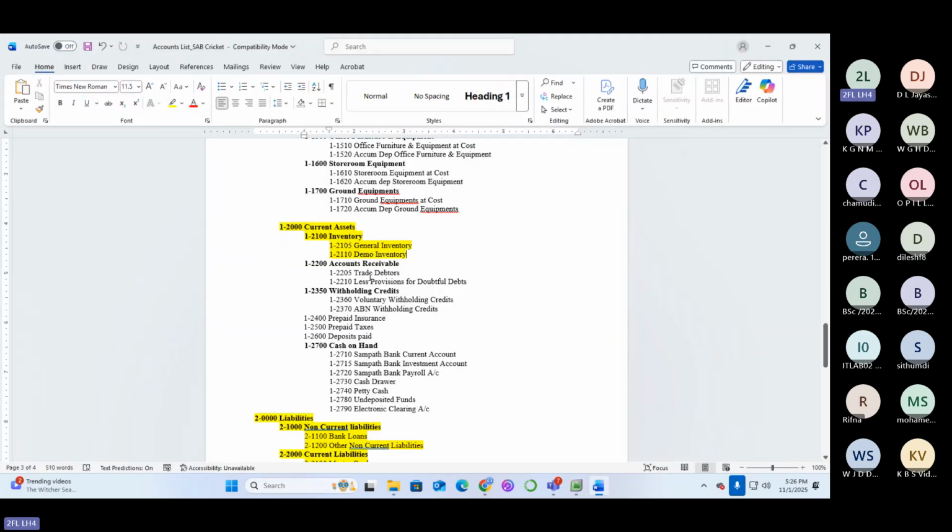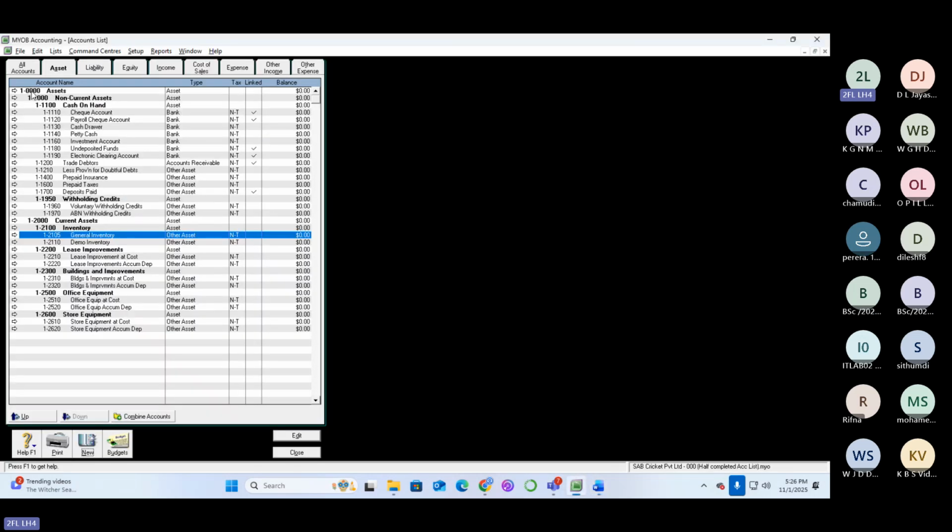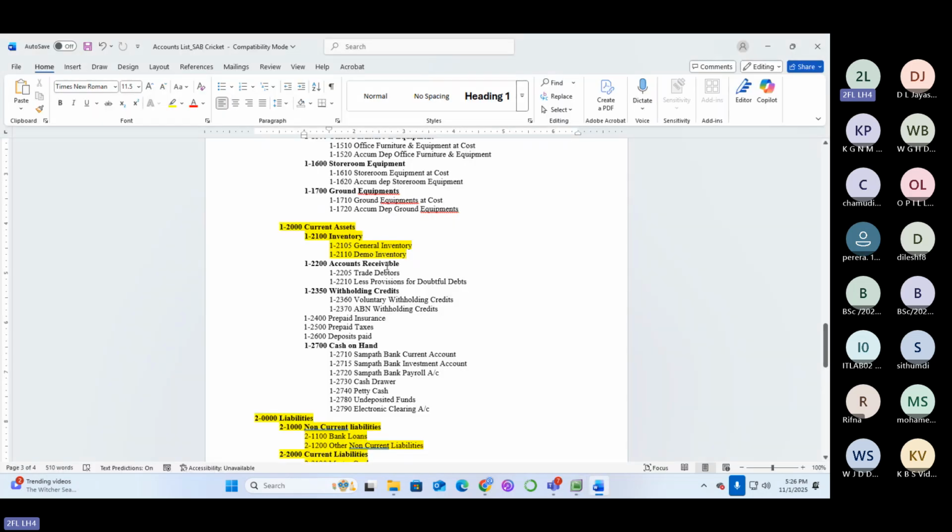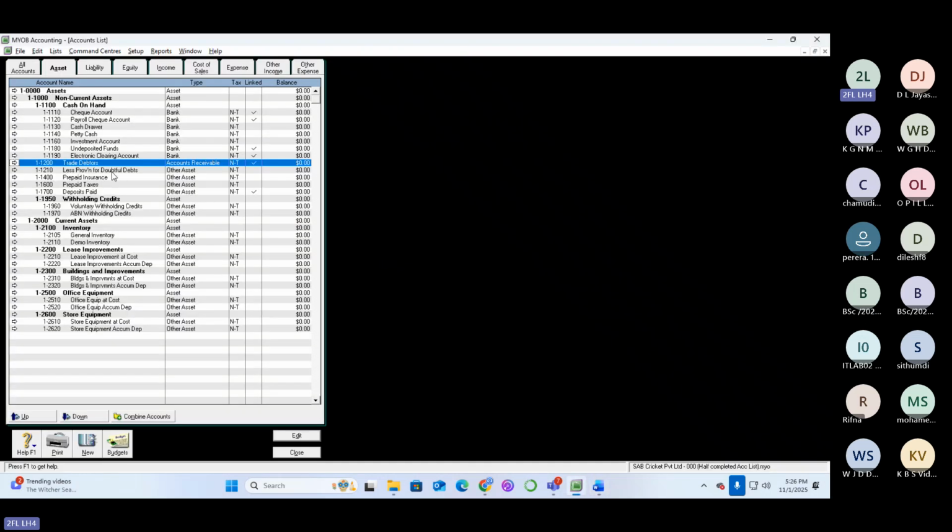Then 2200 is the parent header category for account receivables. Do we have account receivables? Here it's given as trade debtors. Do you see the trade debtors account? Trade debtors is another name for accounts receivable, right? You have trade debtors and the provision for doubtful debts account. Both these accounts are here, but you don't have a parent or header account for this. So we will create a header account